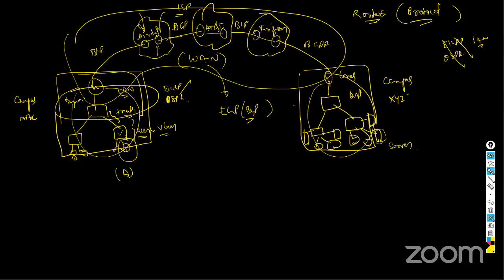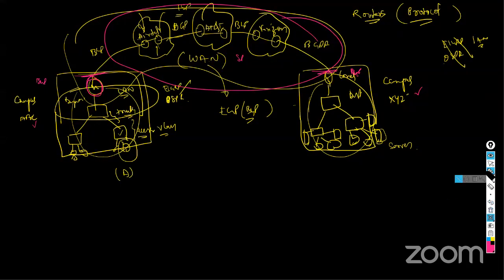So where is my involvement now as a service engineer, or let's say I'm working for the campus ABC? My intervention is only up to this router. Okay, I'm going to configure BGP from my side and on this side. The rest are all service providers, so they will have their own engineers who will configure and they will provide you the connectivity. Okay, so that's one reason why we call BGP the protocol of the internet.